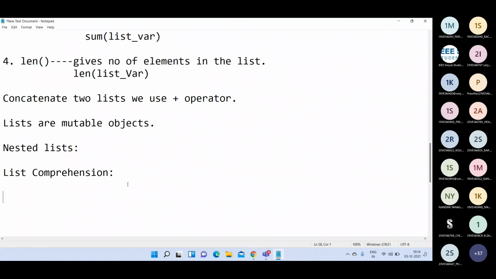List comprehension is the simplest way, or Python provides another simple way, to create a computed list.